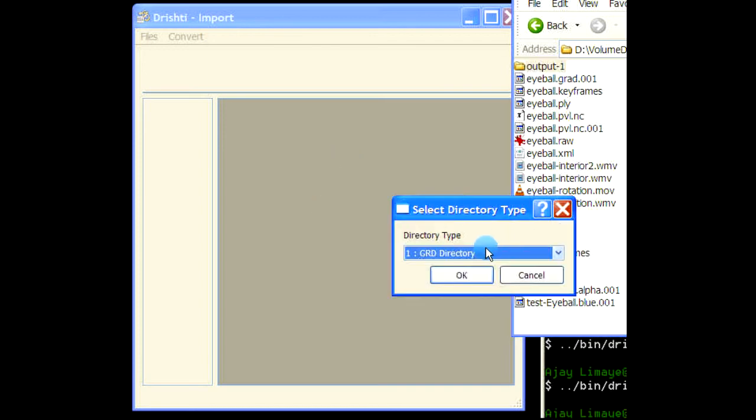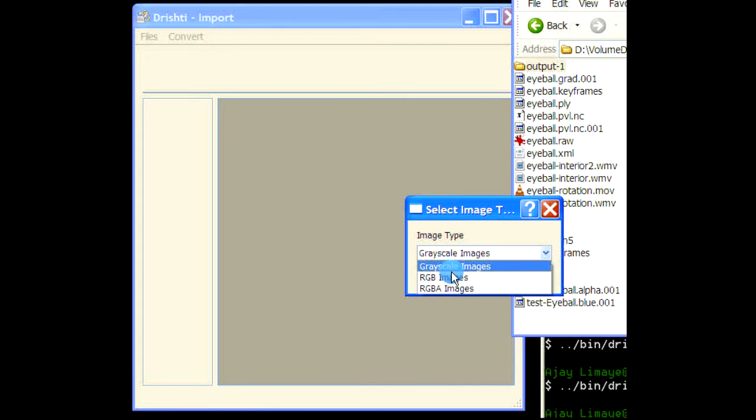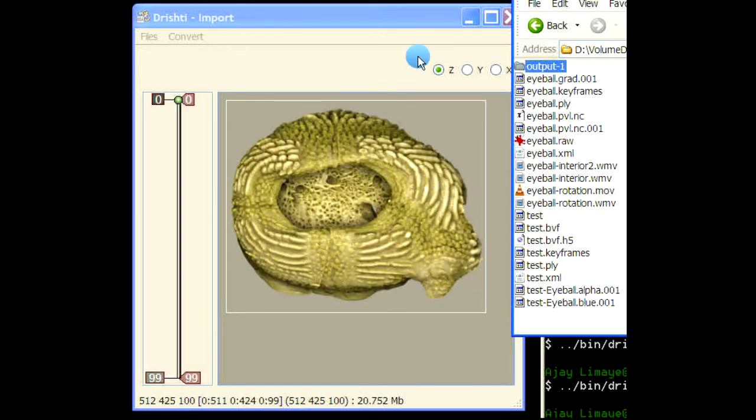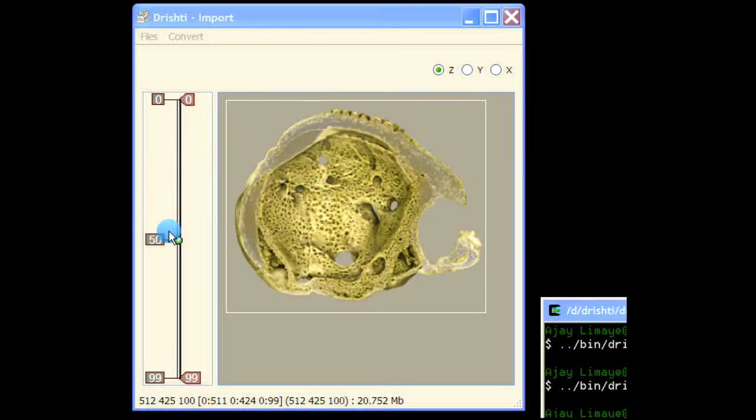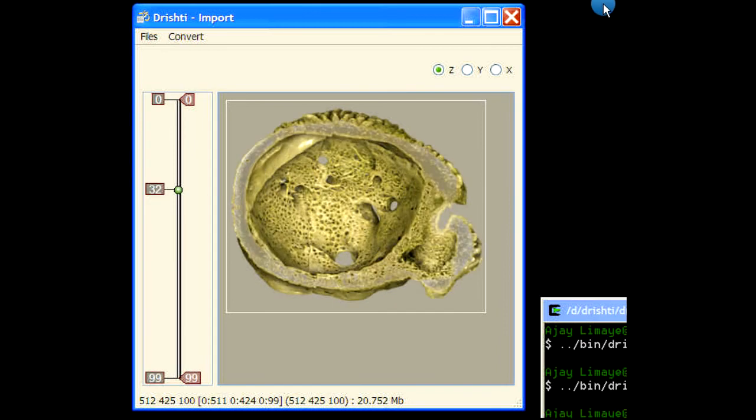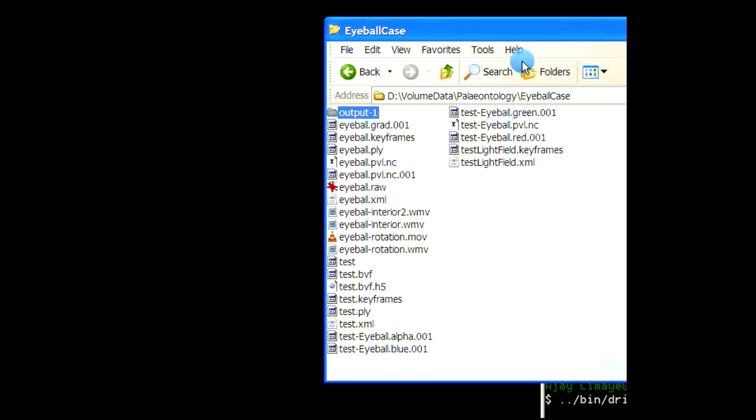So I drag and drop. It's a standard image directory, and then these are RGB images or RGBA images. You can use either of these, and these are the images that I have got here. I have imported them and created this test eyeball